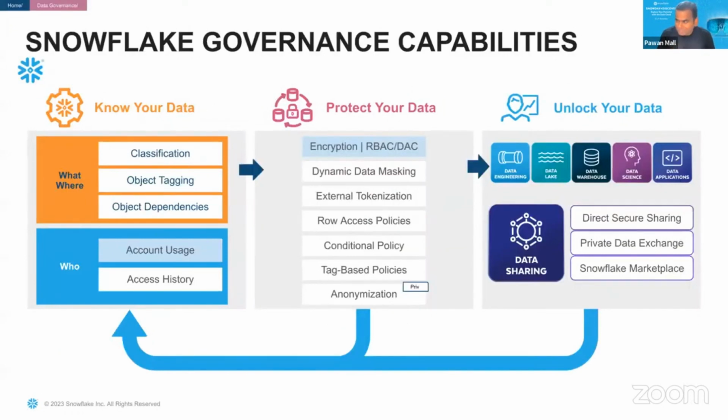And again, the last slide on my deck is governance, which is one of the key things, right? A lot of these small things which you have to buy and stitch from different vendors, Snowflake gives you out of the box. For example, know your data: finding out where your PII data is, classifying the data, whether it's email ID, phone number, and such things, tagging that data, doing the dynamic data masking, where you are protecting the data, encryption built-in by default, external tokenization.